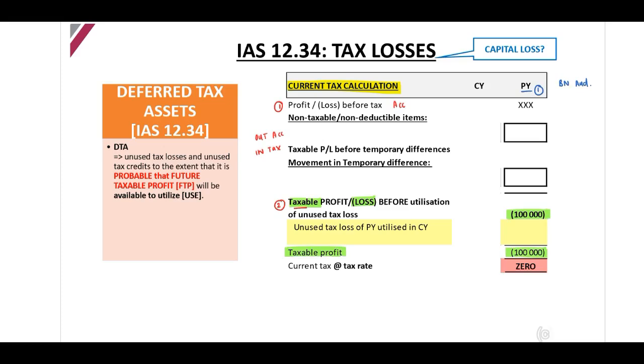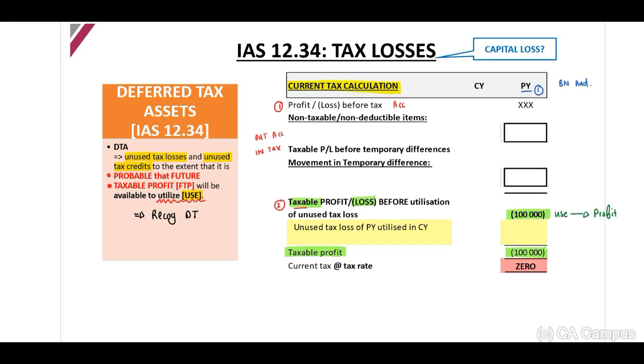This is a loss. But now, if you think about this, I would want to use this loss in future when I recognize a profit. Now, the standard indicates to us, when you look at the left side of your screen, that when there are any unused tax losses or unused tax credits, to the extent that it is probable that future taxable profits will be available to utilize those losses, the standard indicates we may recognize